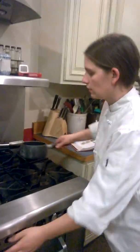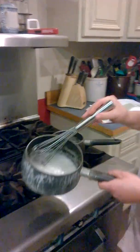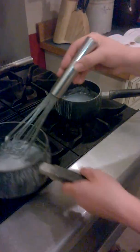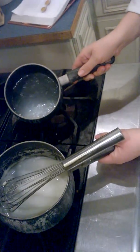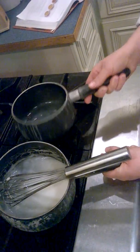Here is what they look like after they have been cooked. So you can see the difference between a flour slurry and how milky it looks in color, and a cornstarch slurry. So you can see how clear it is and how shiny it would be in comparison to the flour slurry. Now, there are different slurries that you can use. There's arrowroot, there's different types of flours, potato flour, rice flour, that you could use, and they all have